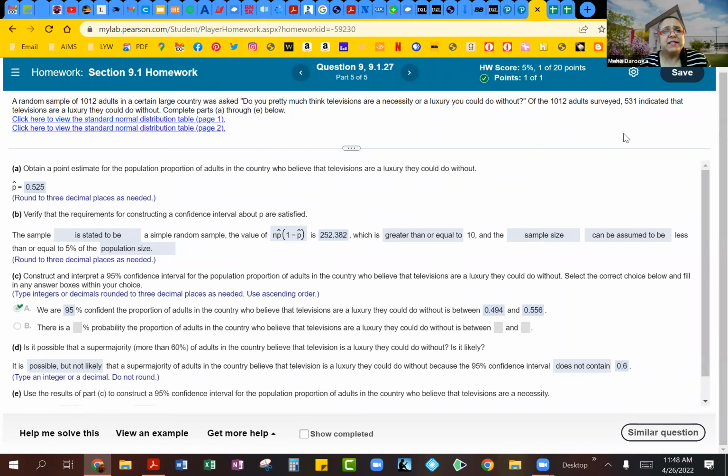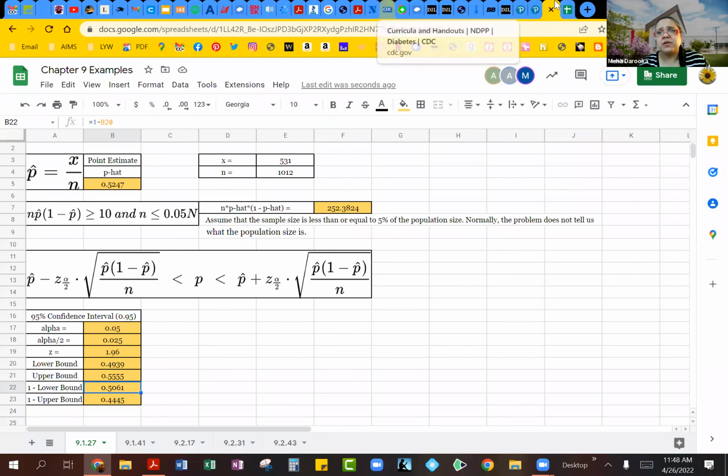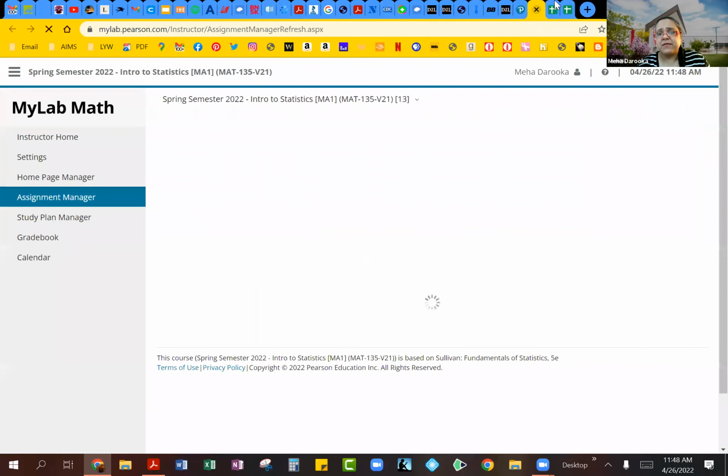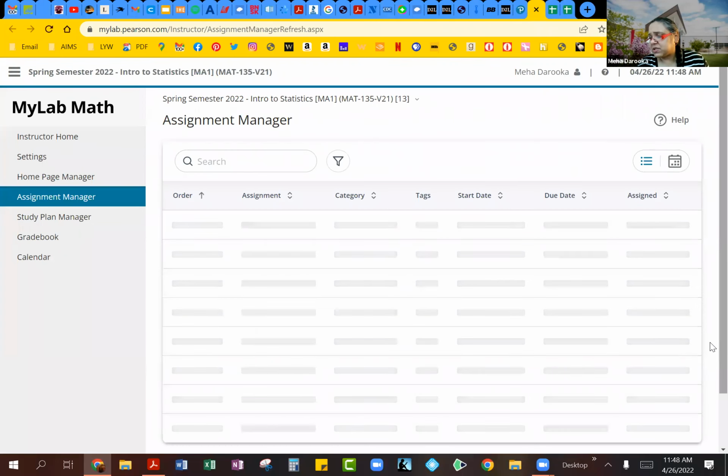Okay, so unfortunately, I don't have a whole lot of time to do too many examples from each section. Like I showed you under the viewing in D2L, I have several different examples that you can look through, but let's move on to the next section here and pick an example from the next section.